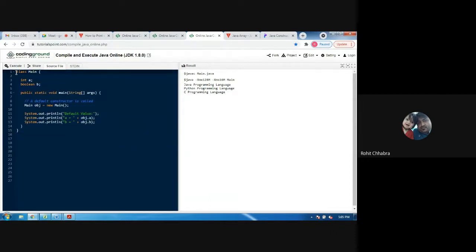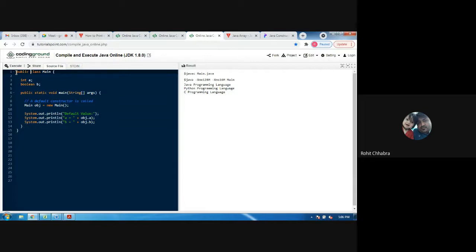Now see, we have not created any type of constructor in this program. We are taking a main class. In it there are two variables, an integer type a and a boolean type b. Then we have created an object, obj, of the main class. We are simply printing the statement default value and the value of the variables we defined in that class, a and b.